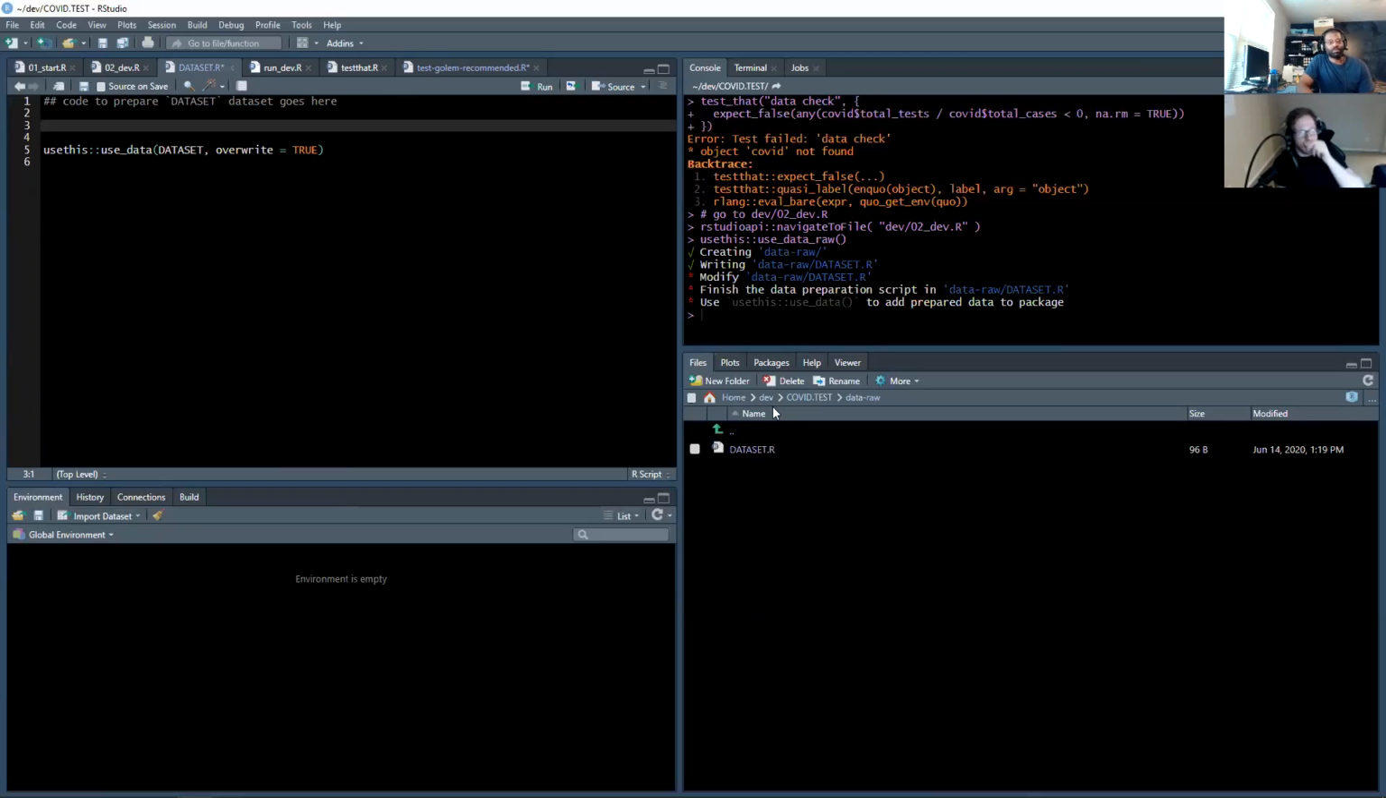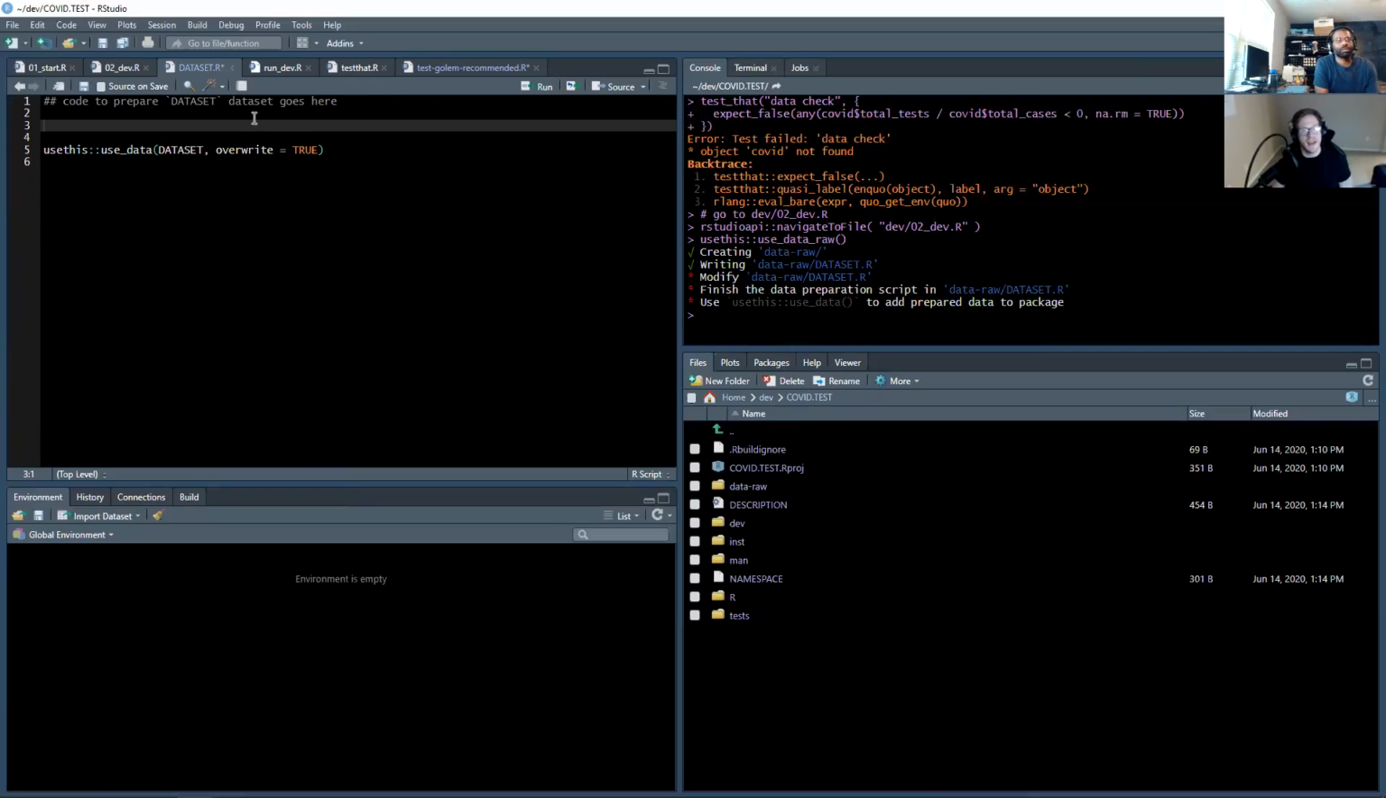Oh, okay. So when you said use_data_raw, what did that end up doing? Did that do the read of the COVID CSV? Not yet. So far, all I've done is tell golem that I want this package to use raw data from somewhere. So it created this data-raw directory and it created this file here, dataset.R,